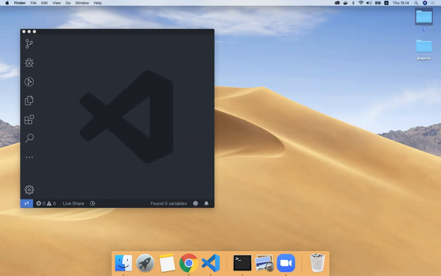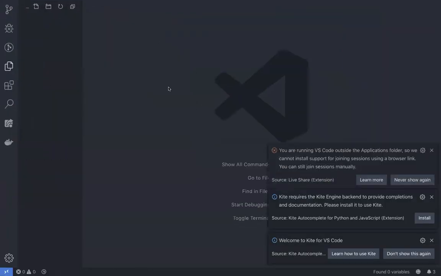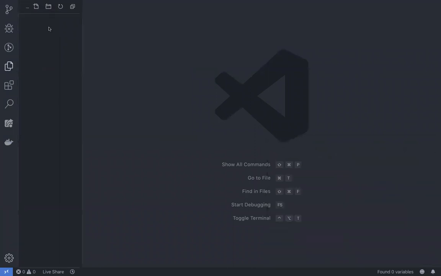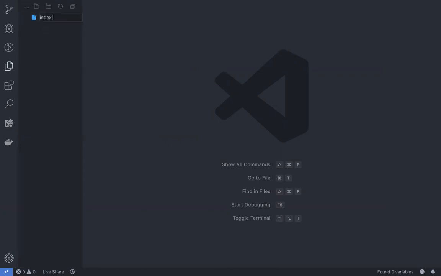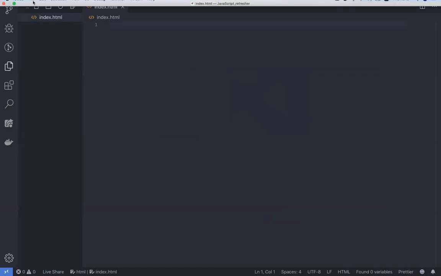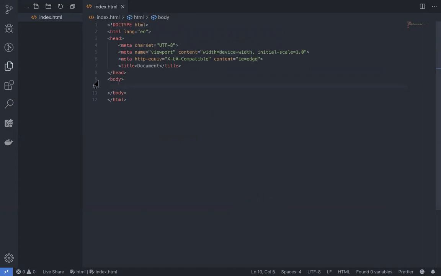So let's create a folder here, and then I can call this folder JavaScript Refresher, and then I will open it here. I think it's opened now. And then let's create an index.html. Okay, great. I use this HTML5 boilerplate generator because you know this by now. So just change the title to JavaScript